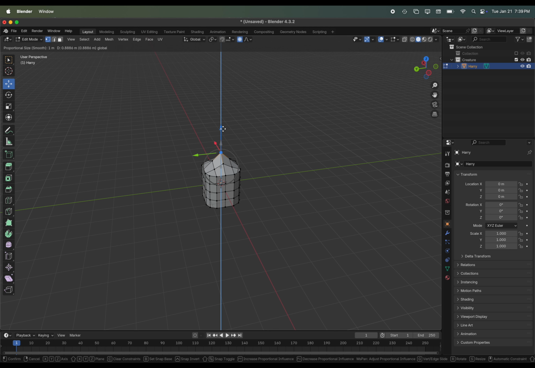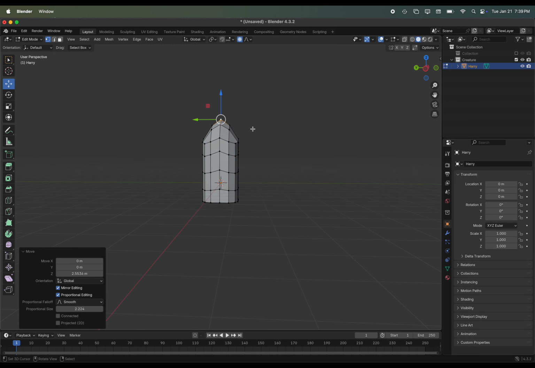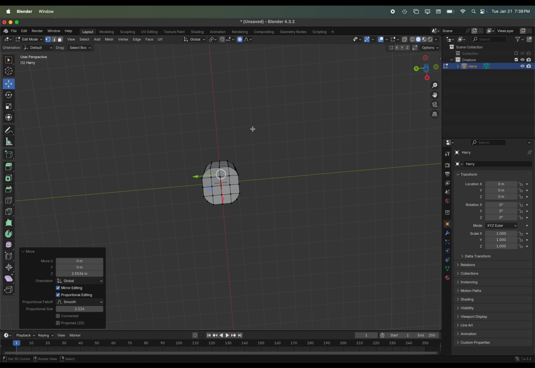And so when I pull the handle up, notice there is this circle. And if I drag on the mouse before I let go, I can actually change how much is moving as I'm moving this one vertex. So I can play around with how much I want to pull this up, but I just want to end up with something that's more rounded, and the exact thing you end up with is sort of up to you. All right, so that looks good for now.